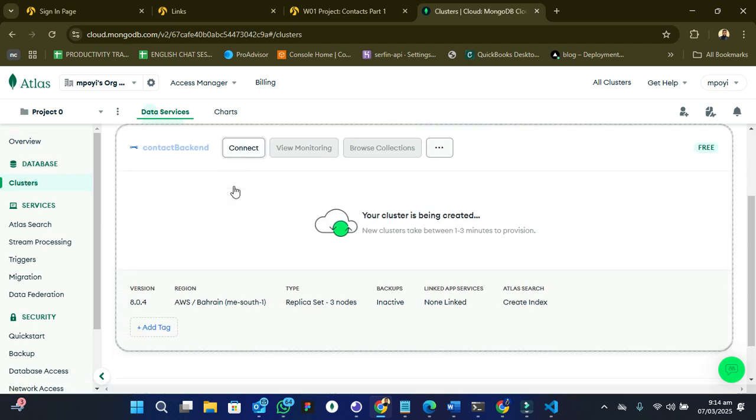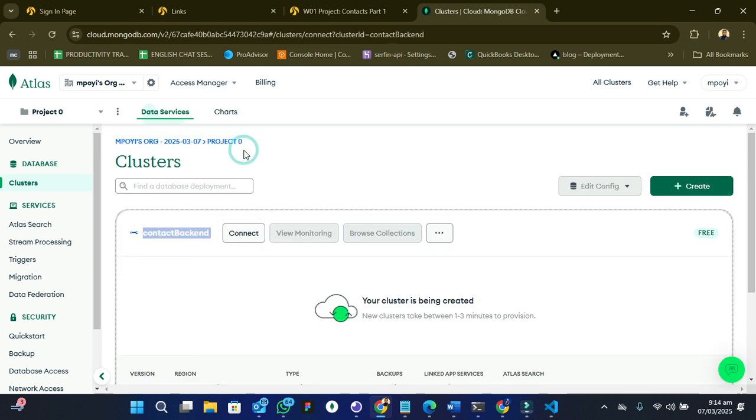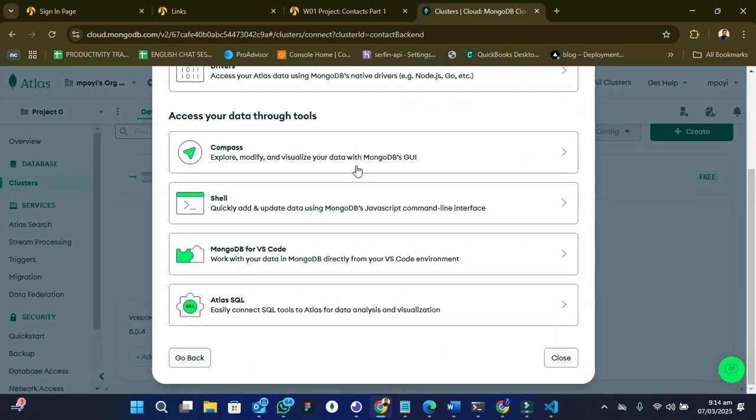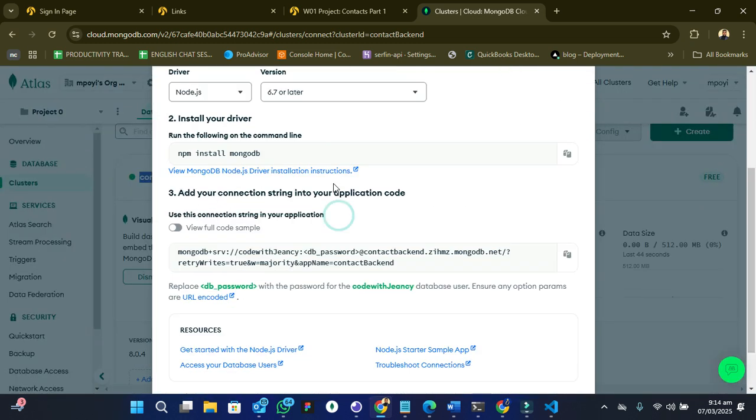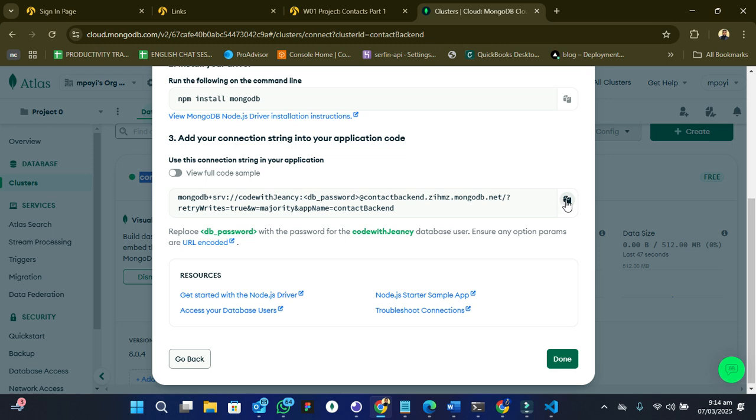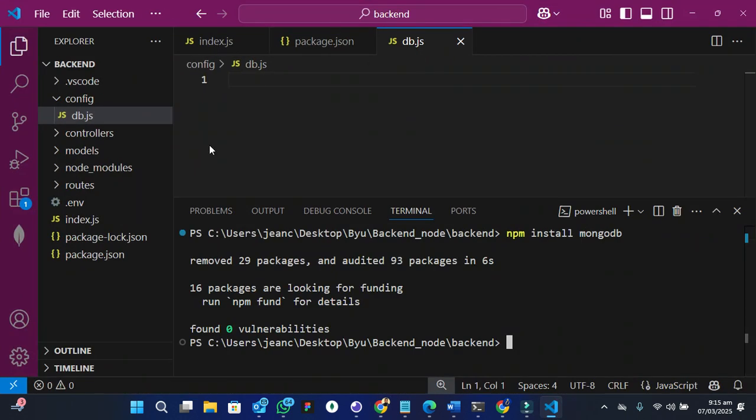Okay, so I'm here, contact backend, there it is, create connect, and now let us check. There we go. Now we have the URL. So come here, you copy this and come inside our variable,